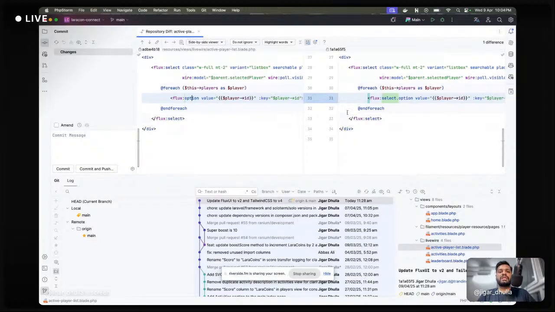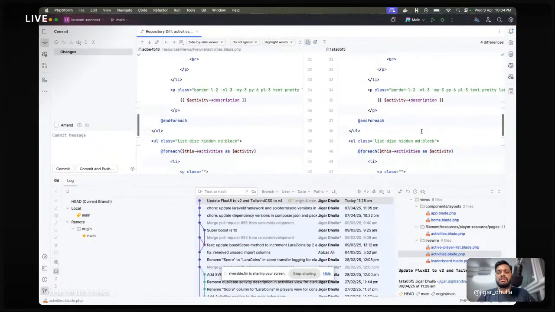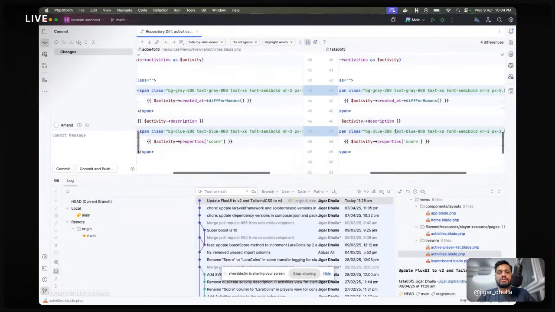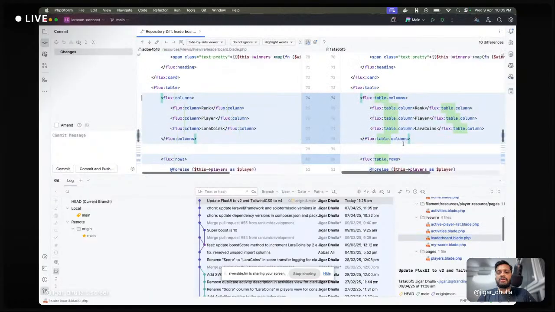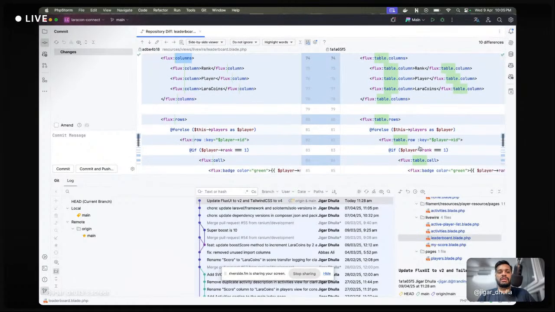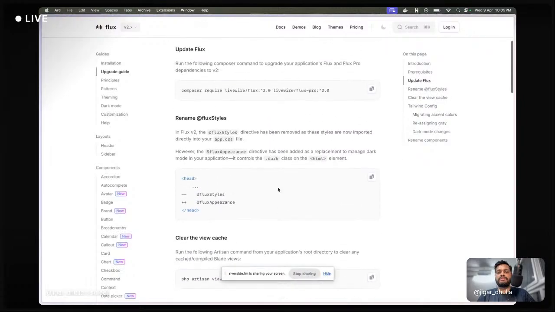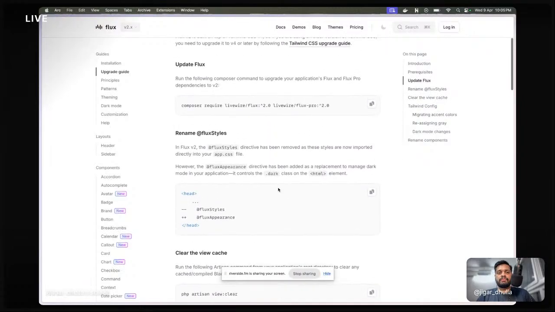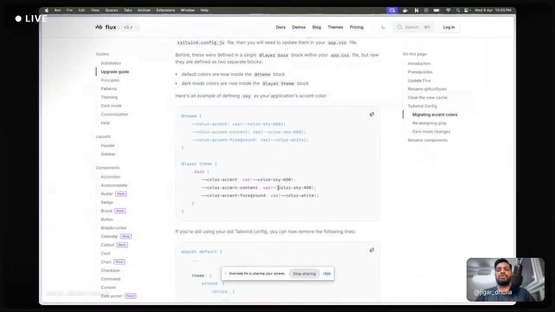The flux option is now select option. Similarly, all the table related directives have been changed. Let me take a look. Yeah, so all these columns have been changed to table.columns, etc. Nothing major. If you follow the docs, it is all mentioned over here. So today, what we are going to do is simply deploy